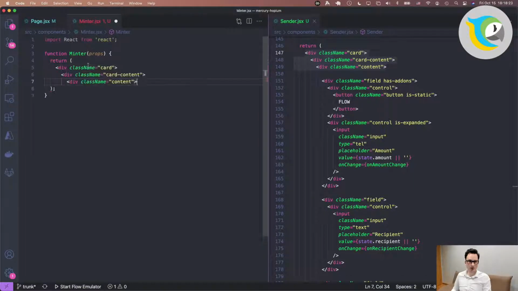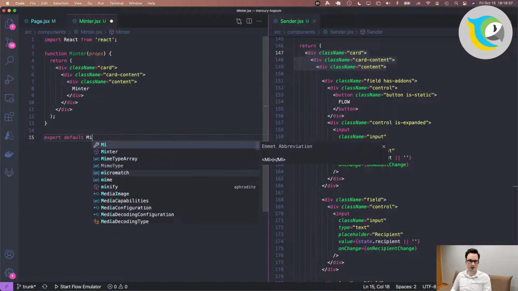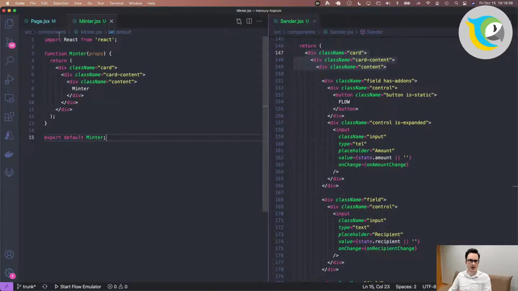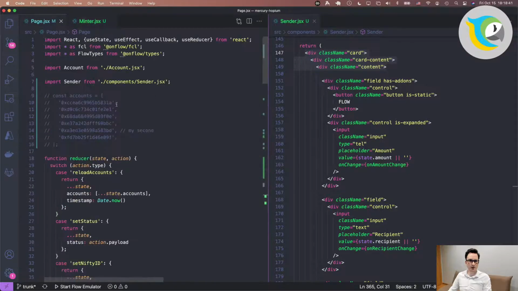So we're just going to build the draft. Okay, so that's that, and we're just going to mark that this is the Minter. Okay, export default Minter.